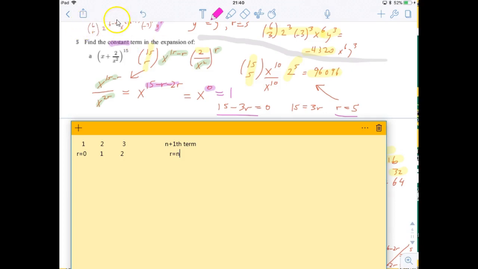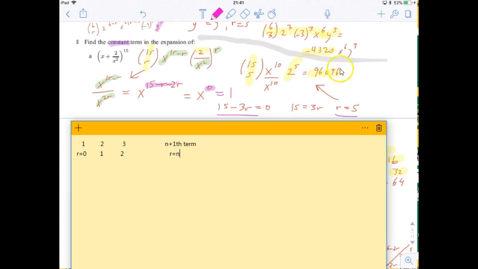Now that we know the r value, which is what we always need to figure out first, we're going to go back and plug it in again. We plug it into the original general term, and we end up with 15 choose r, or 5. We end up with x to the 10th. x to the 15 minus r is x to the 10th. x squared to the 5 in the denominator is x to the 10th in the denominator, so x to the 10th cancels with x to the 10th. The 2 to the r stays, which is 2 to the 5th, right? And if we put the yellow parts in the calculator, 15 choose 5 and 2 to the 5th, we multiply them together,